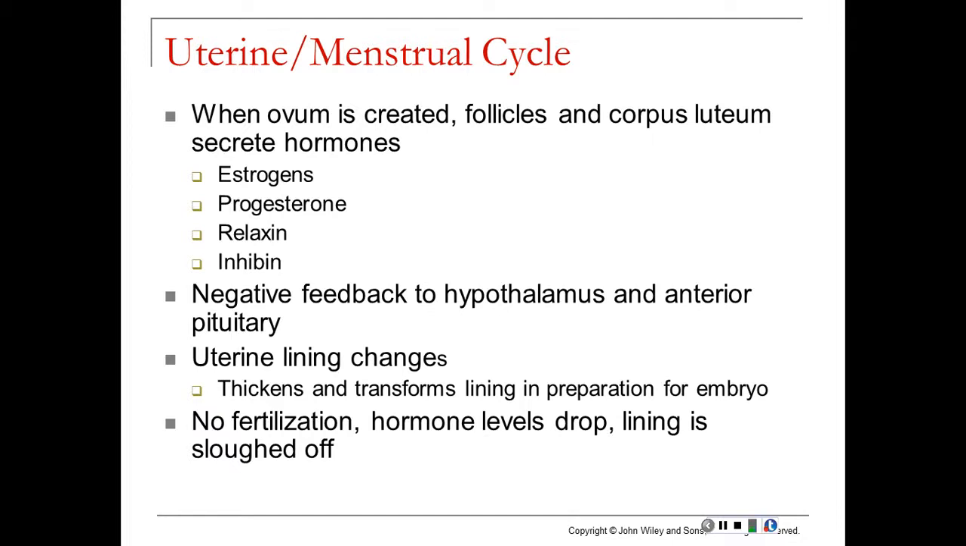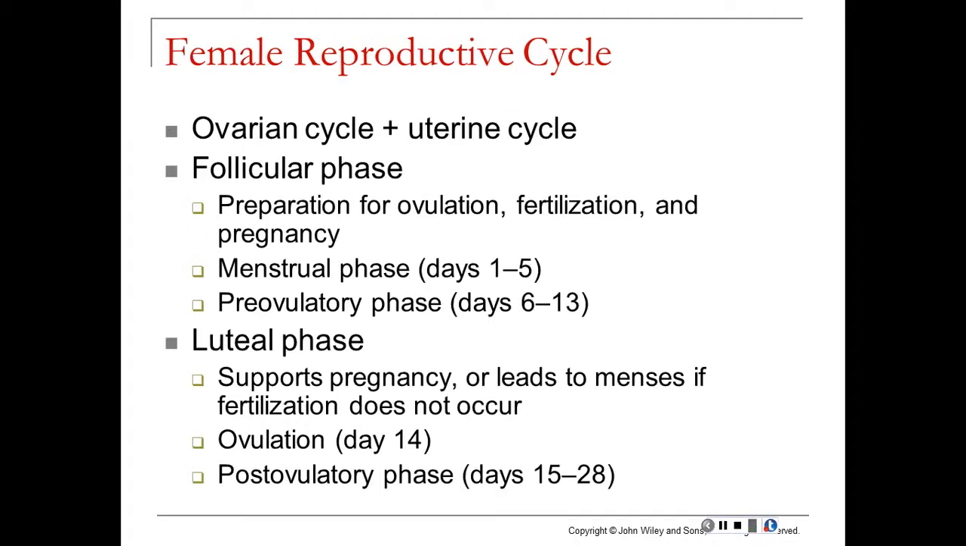The menstrual cycle or uterine cycle is when that ovum is created. The follicles and corpus luteum secrete the hormones estrogen, progesterone, relaxin, and inhibin. There's a series of negative feedback loops to the hypothalamus and anterior pituitary, causing lining changes in the uterus, thickening, transforming, ultimately to prepare for the embryo to implant. If no fertilization occurs, hormone levels drop, the lining is sloughed off. So the female reproductive cycle includes that maturation of the oocyte, oogenesis, and that uterine cycle, the thickening of that